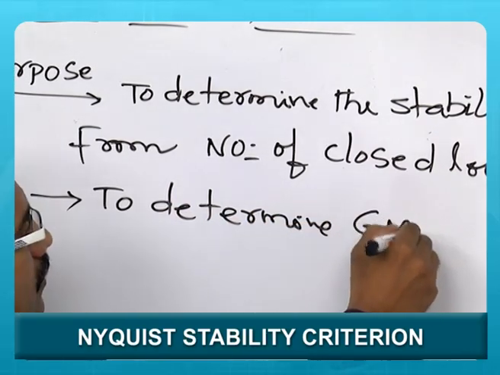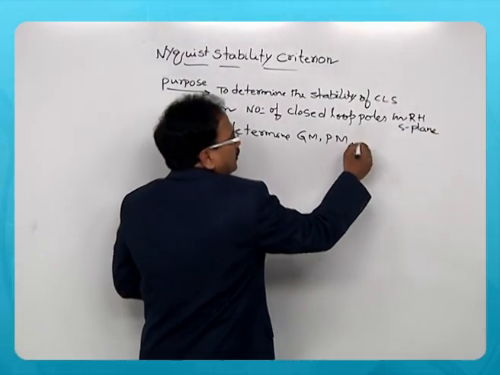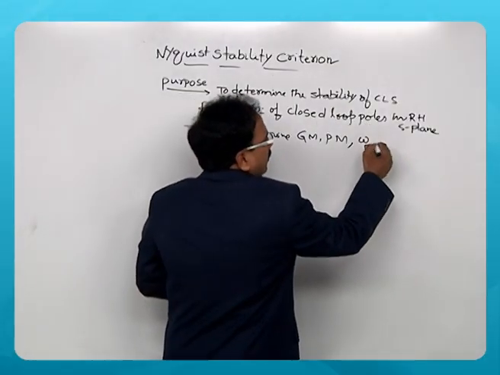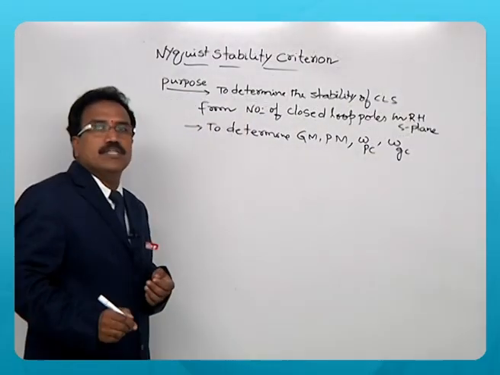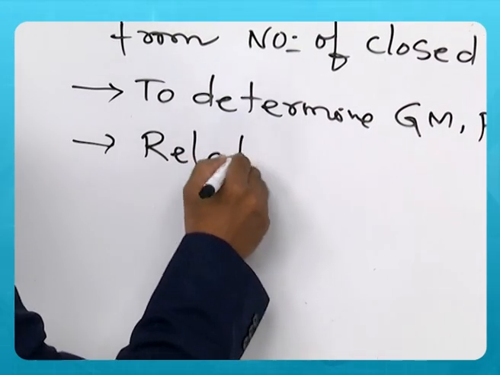and next we can determine gain margin, phase margin, gain margin at phase crossover frequency and phase margin at gain crossover frequency, and we can determine the relative stability of the system,